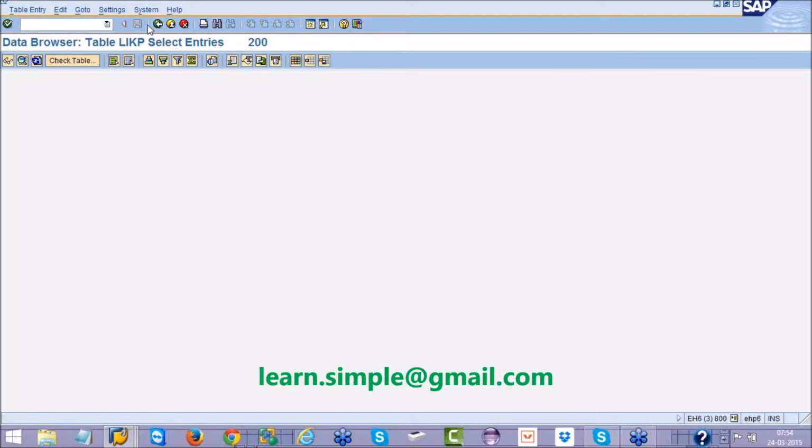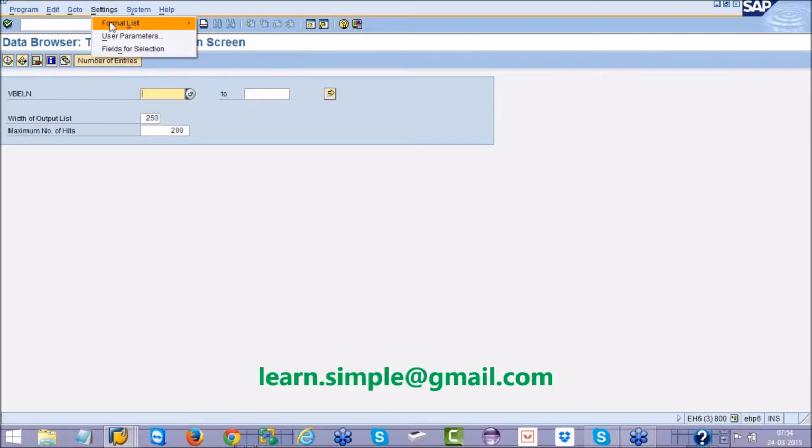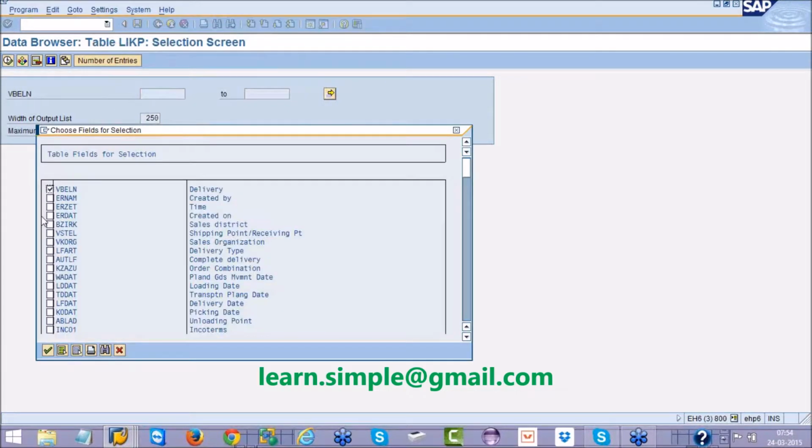No. Then what I'll do is come back here, form list, choose fields for selection. I will say here LFART, because I want to choose the LFART value from this selection screen.